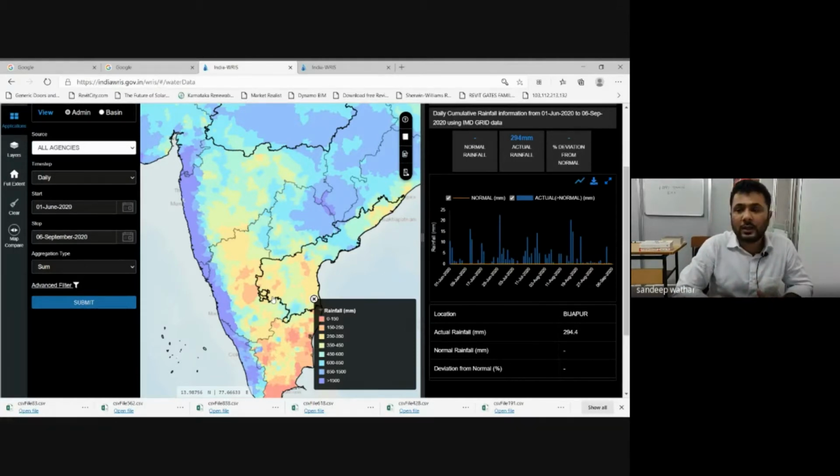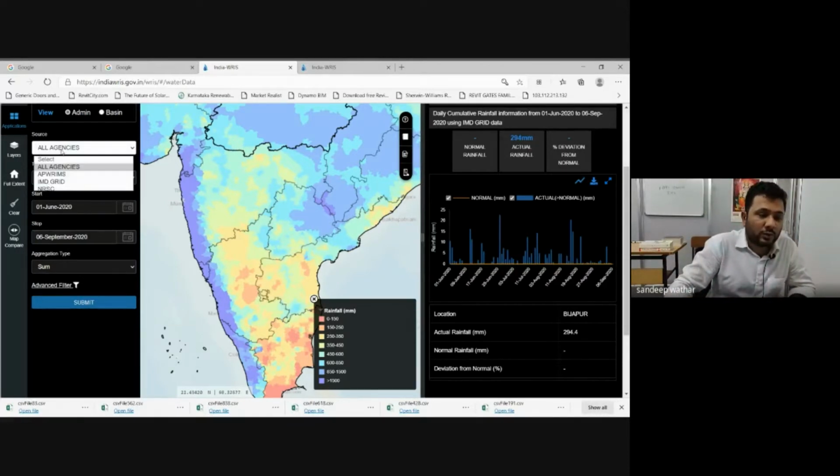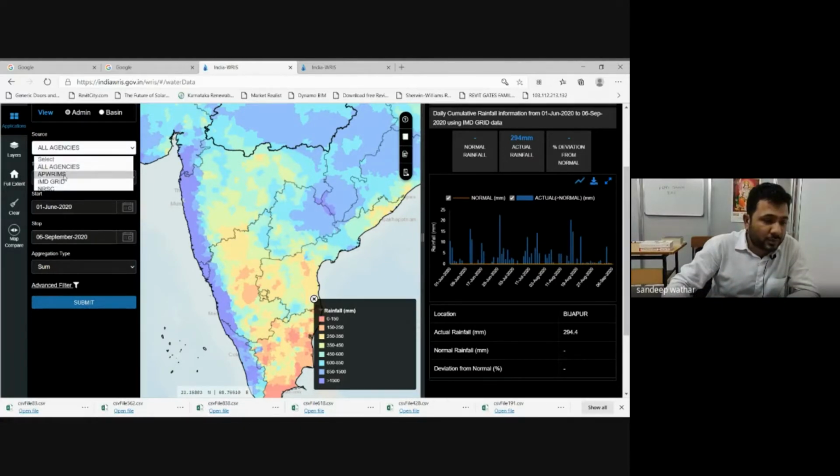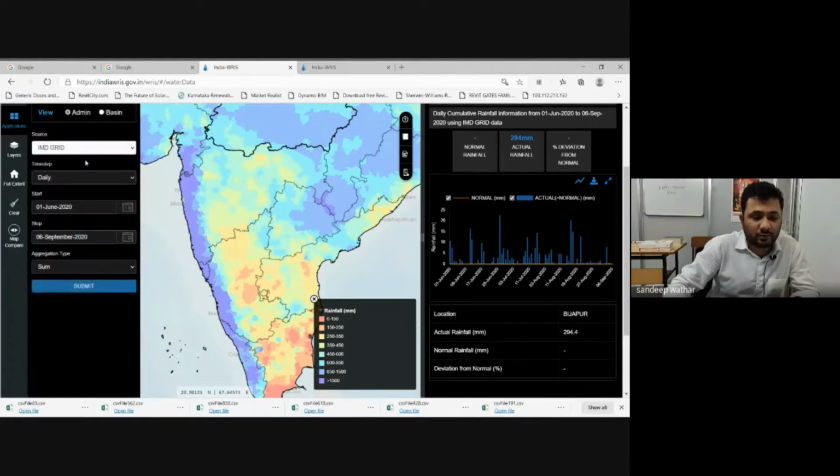Then there are several state bodies and central bodies, and several bodies with respect to a particular basin. They are all collecting the data. So this source represents the collection of data from all the different agencies, but the earlier one was basically from the IMD itself. The Indian Meteorological Department has given that source, and this was given by all the agencies.